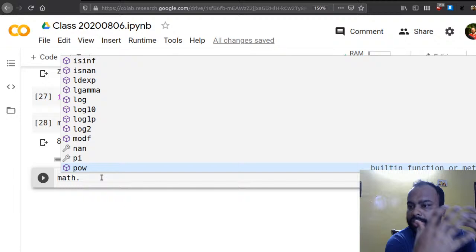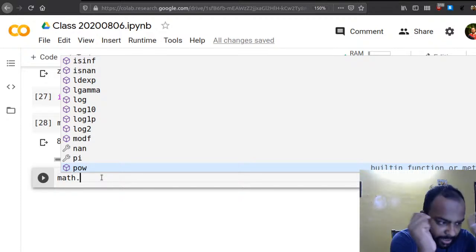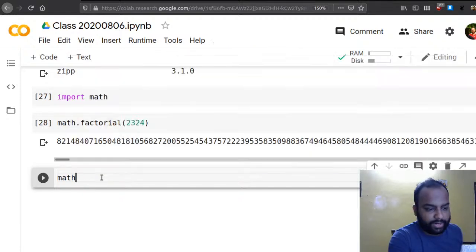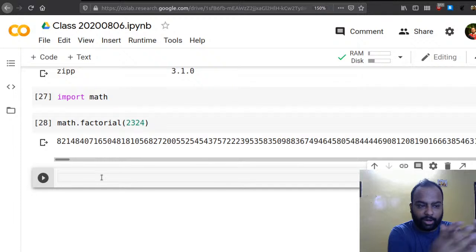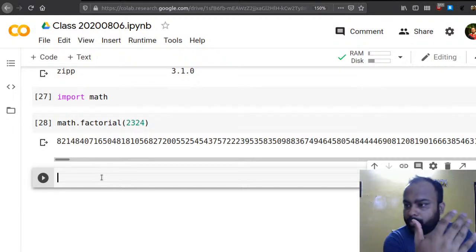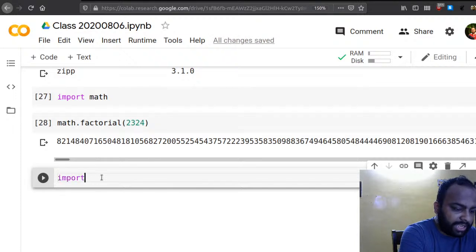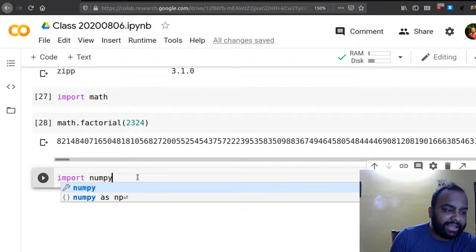So whenever you want to call something from the math module, we would say import math first, and then math dot, okay, and then you can just write down whatever you want there, right? But sometimes the name of the package is so large, we want to give it a nickname, right? Just like all people have nicknames. So for example, if I want to import the numerical Python package, which is NumPy, I would say import NumPy, okay. But if I do that, every time I